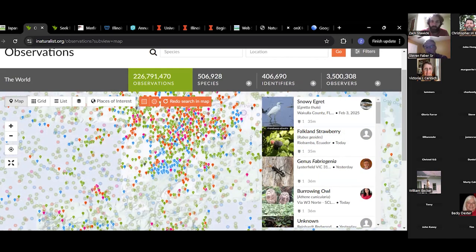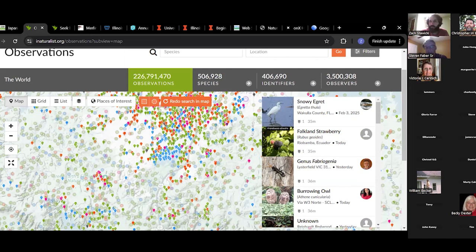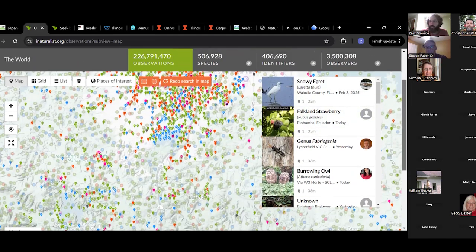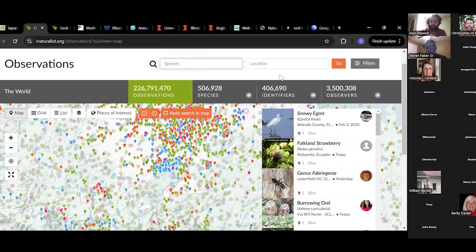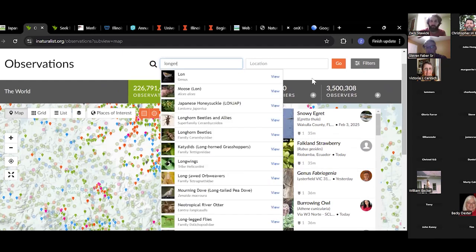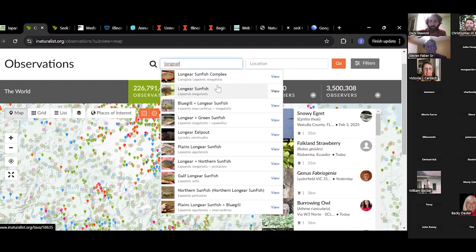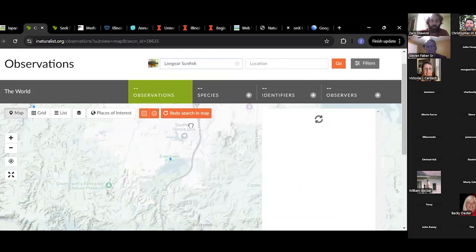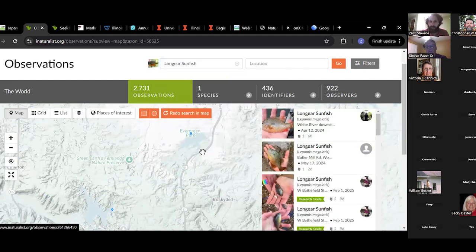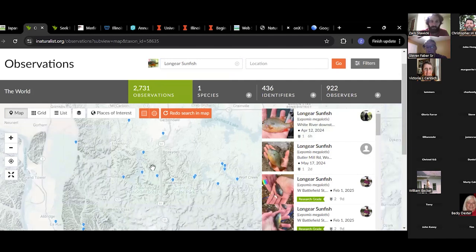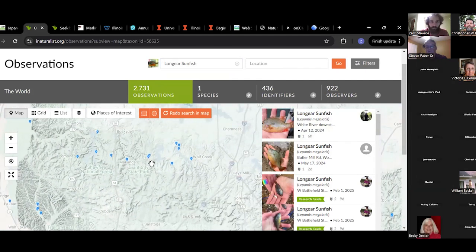I use this a lot when I try to find different species of fish to catch. I really like smaller ornate fish. So like if we look up longear sunfish, you can look it up by the species, or you can look up just hybrids, or you can look up the entire complex of the species. So if we look, these are all the longear observations in southern Illinois. So if you go to any of these spots, there's a good chance you could find that there,